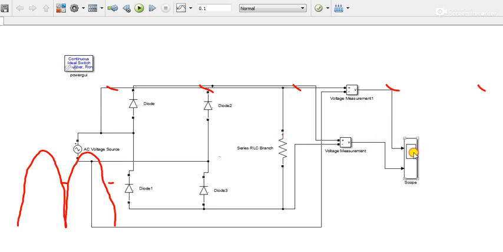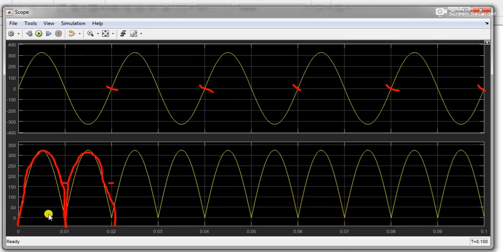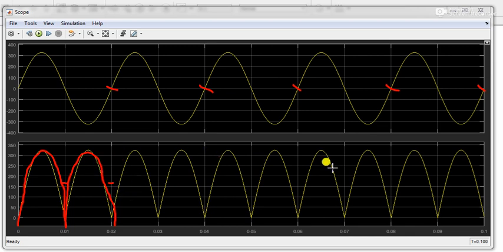In this simulation you can see the waveform I have drawn previously. It starts from 0 and moves to 325, a big value. This is full wave rectification with the help of a bridge rectifier. Now